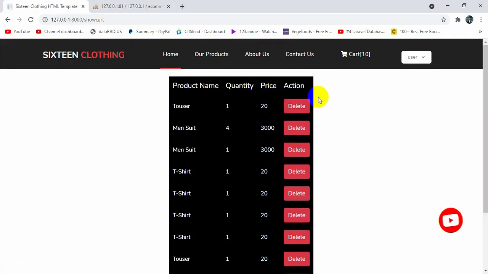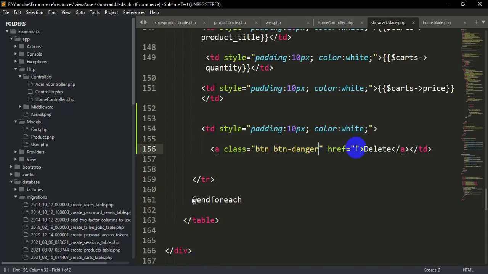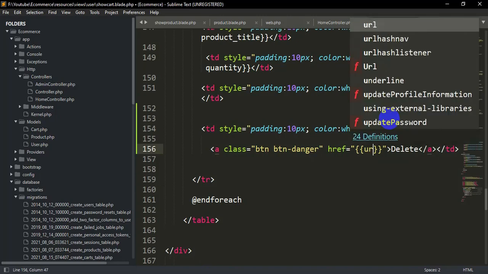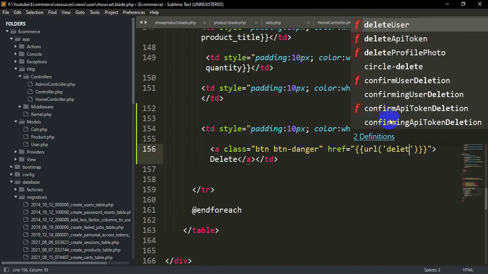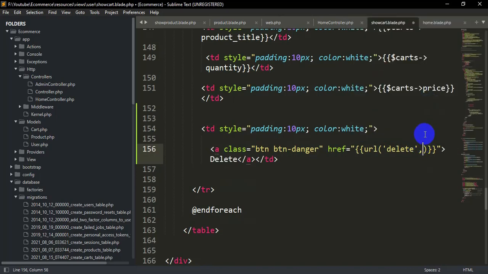Now if someone clicks the button, it will delete that specific data. So let's go back to our code, and inside this href we need to declare a URL. We need to mention delete, and we also need to mention the cart ID, I mean which specific cart the user wants to delete.